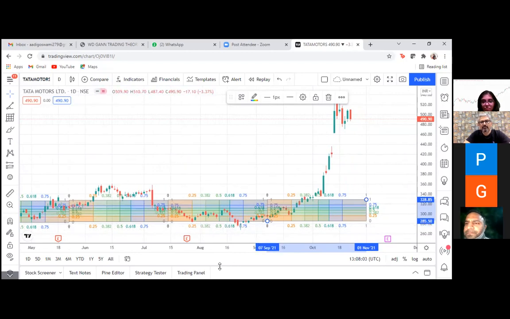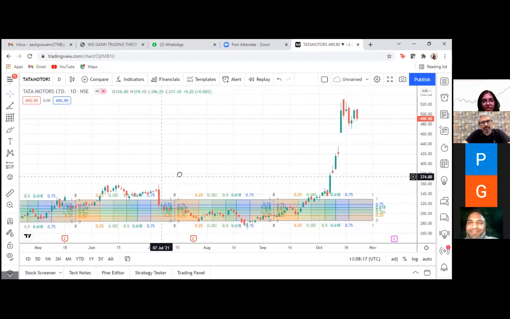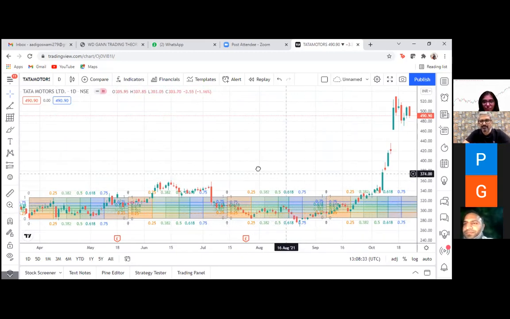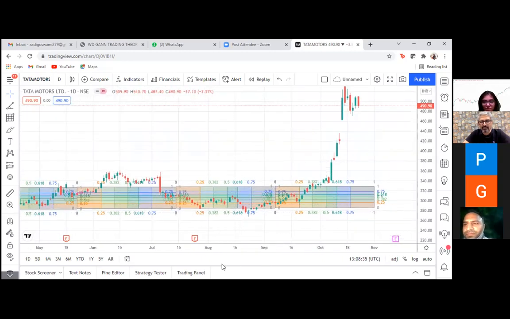Okay, so you have vertical as well as horizontal targets also in this, that means. Yes, so there is horizontal here as well. So horizontal is like these lines are acting as support and resistance here. Vertically, it means कि अगर यहाँ वाले 0.25 पे हाई बना था, तो अगले बॉक्सेस पे भी 0.25 पे हाई बन सकता है. That is what vertically it means. And horizontally, तो support and resistance lines बना ही रही हैं. Chalo, I have also learned something new today. Okay.